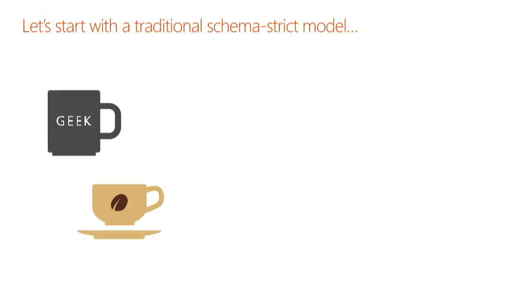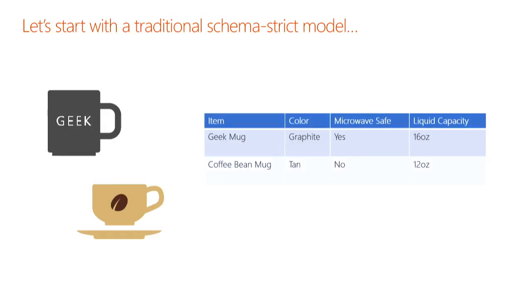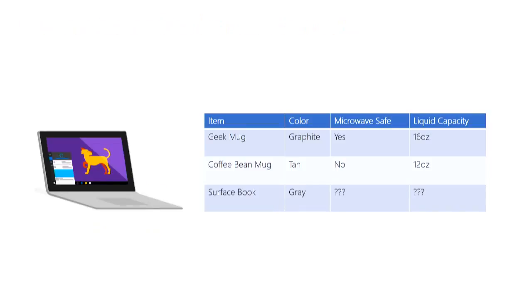So in my product catalog, I sell everything, including coffee mugs. And for coffee mugs, let's say I want to be able to query by the color of the item, whether it's microwave safe, or how much capacity it can hold. Easy way to do this, I'll just create some columns for each of these different product attributes, and I'll index them so I can serve them back out on queries.